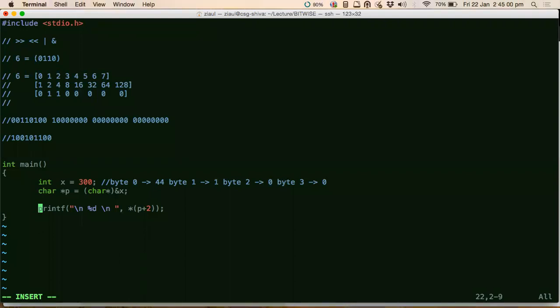Why would we get 256? I mean to say x value is 300, which means the first byte contains 44, then the second byte value should be given as 256. Why are you saying 256? What is the reason behind that? Sir, because x value is 300, if I remove this 44 from 300, I will have 256 left.